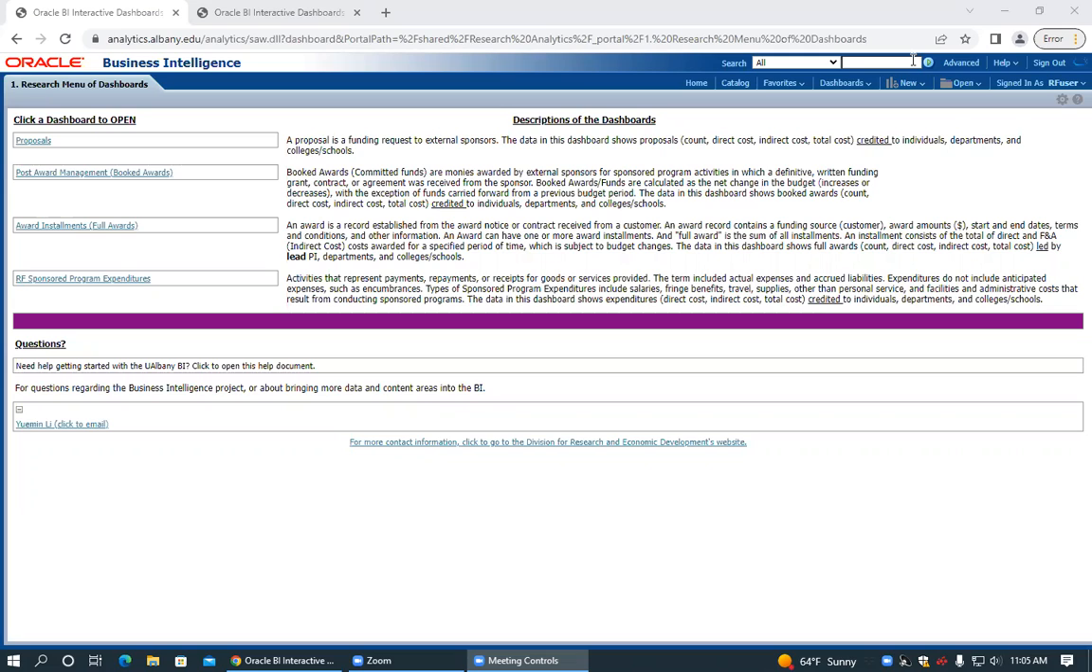Today we will look at the proposal dashboard. First, let's go to the research menu of dashboards. This menu lists out 4 dashboards in research analysis: proposals, post-award management, book awards, award installment, which is 4 awards,